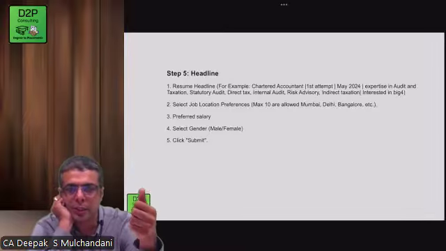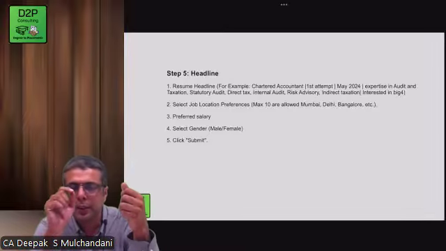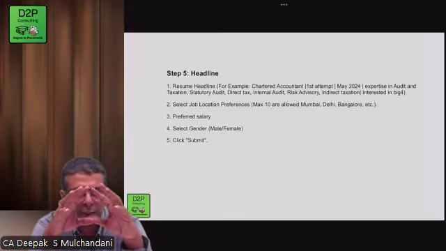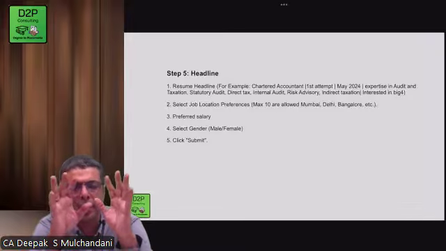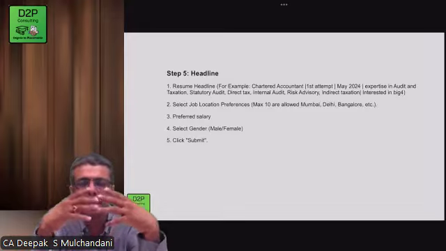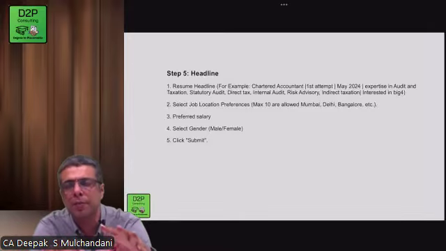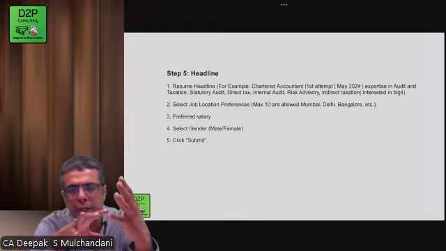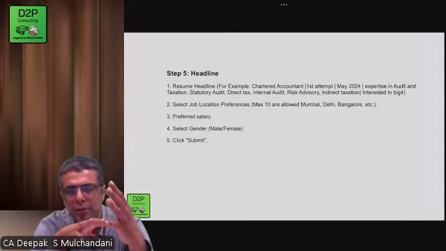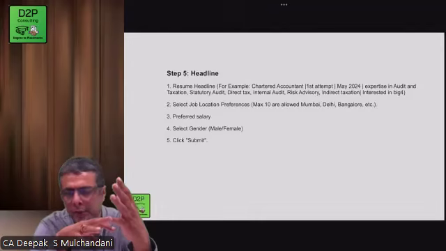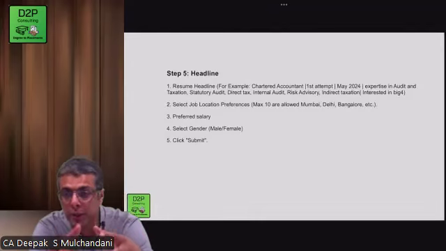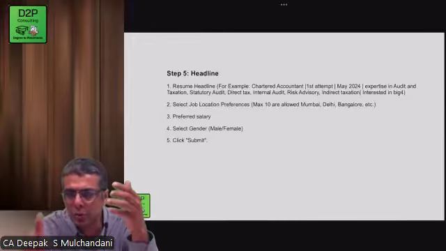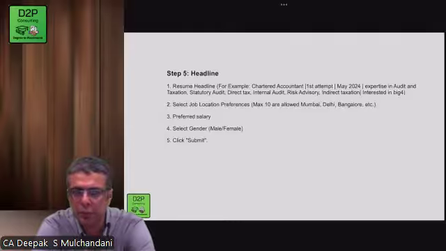Secondly, select the job location. Now here comes the important part. You can select 10 locations in Naukri, so whichever cities you are okay with working in. For example, sitting in Madhya Pradesh, usually people from Mumbai, Maharashtra, Madhya Pradesh, Rajasthan prefer to go to Mumbai, Delhi, Bangalore, as well as Pune, Ahmedabad. People from Eastern India would prefer Kolkata. So 10 locations you can put up, and there is no preference or sequence.